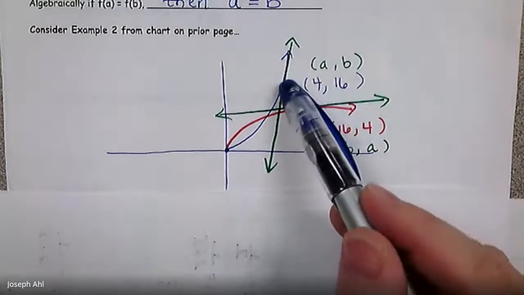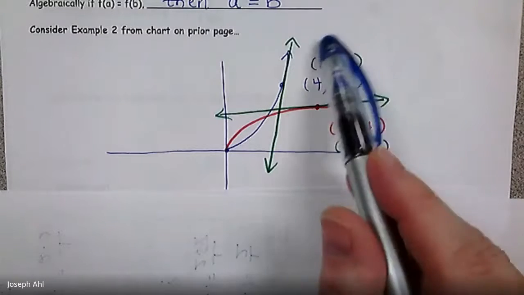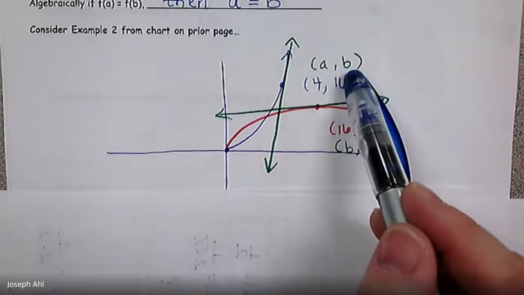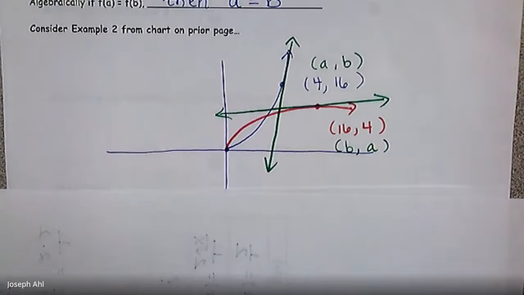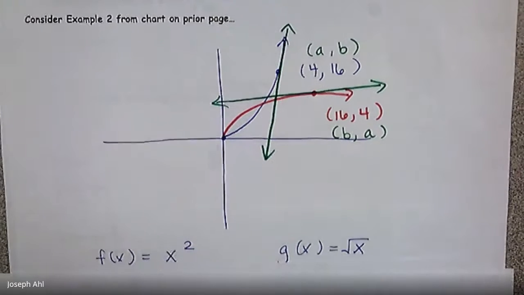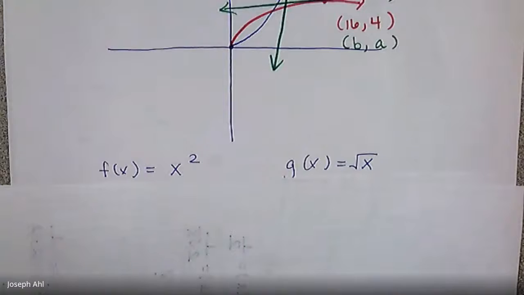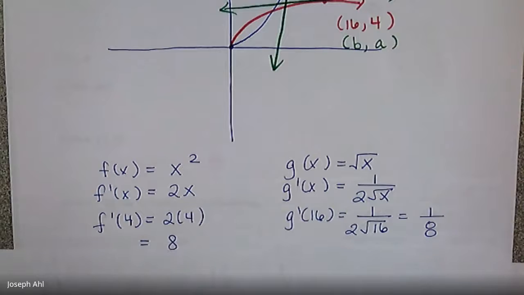You can see I've identified the corresponding location on the inverse, that (4, 16) would correspond with (16, 4), right? We know that any coordinate pair on a function would represent, if I switch the x and y values, a point that is on the inverse. So it turns out that to get that reciprocal relationship that we were exploring, if I have my two functions, f of x and g of x, graphed above, whose derivatives are the following,